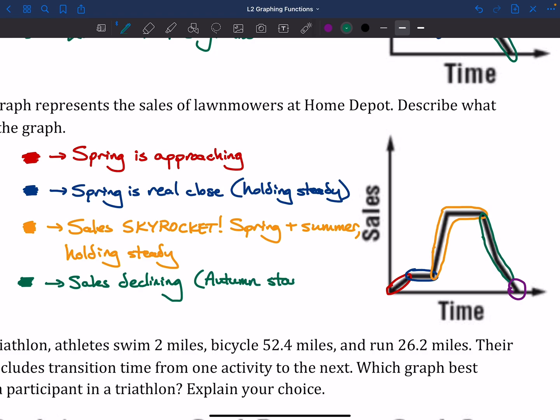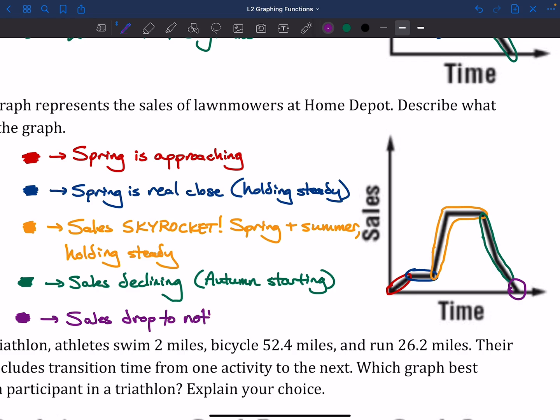Autumn starting, right? Sometimes you might still need to mow the grass, right? It still grows underneath all those leaves, right? But you definitely probably don't want to get a new lawnmower right before winter hits. And the reason that I singled out that last little bit with the purple is that sales drop to 0